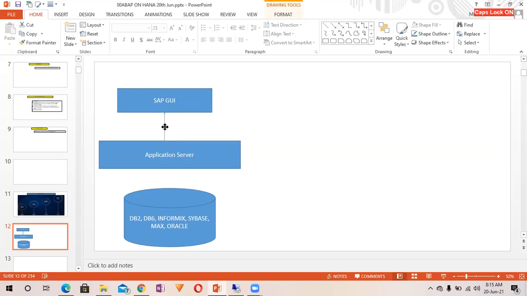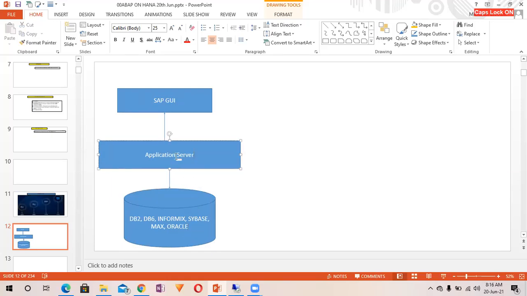This R3 architecture has various benefits. Whenever you want, you can replace the database with whatever database you want, right? If you are using DB2 and tomorrow your business wants to implement Oracle, you can just go and implement. This is one benefit. Another benefit is that if you want to upgrade your application server, you are not going to impact your database because it is loosely coupled.